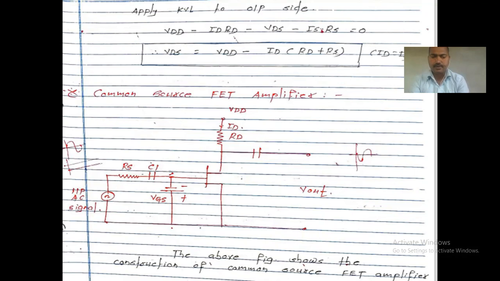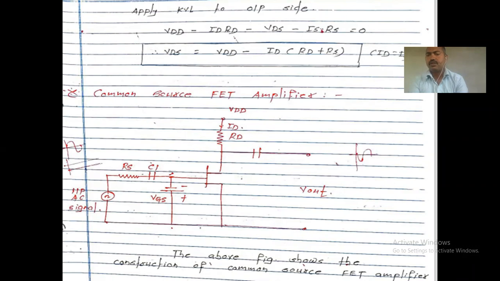Then that signal is applied to the next part. But before applying to the gate terminal of the JFET, there should be a power supply, VGS, the gate to source supply, applied here. This is applied to change the reverse bias voltage between gate and source. Whatever voltage is provided between gate and source decides the channel size, right? Channel size indicates the area where current flows from the drain to the source. That's why VGS is required.